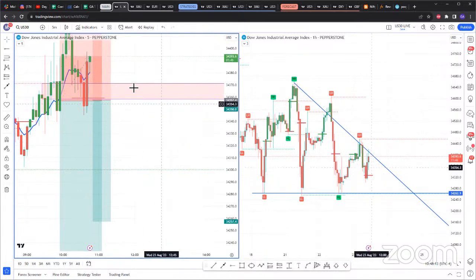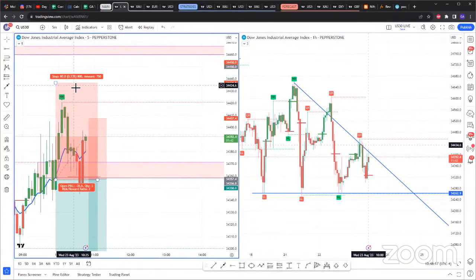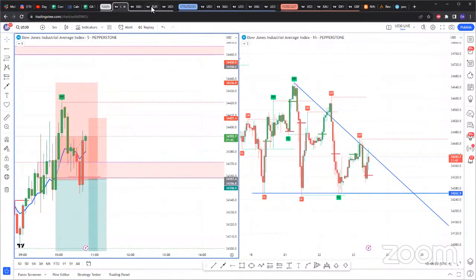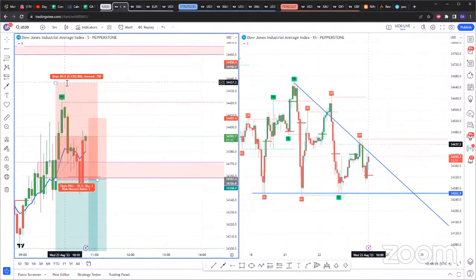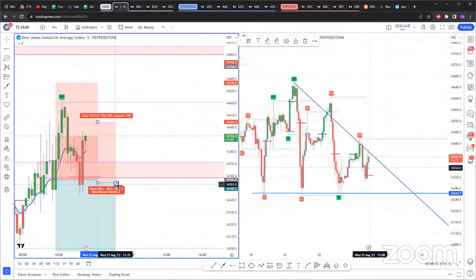But here, I'll just call it a day for now. I am still in this original trade. So this is the only trade I'm in today. I missed that nice sell but it came during a time when I was asleep. So it is what it is. But now I'm in this first sell, not an official trade, but just a personal trade. The official sell will be if we get 2 5-minute candles closing below here.